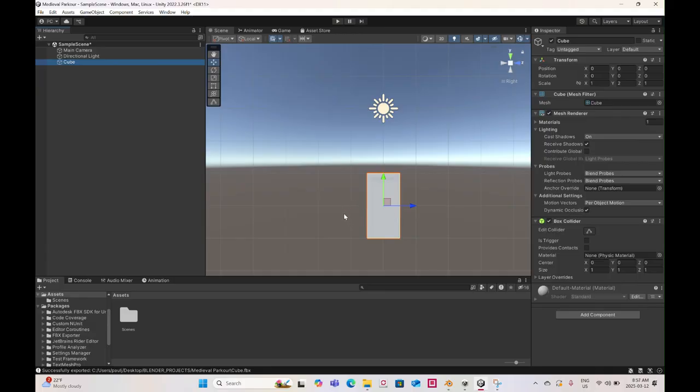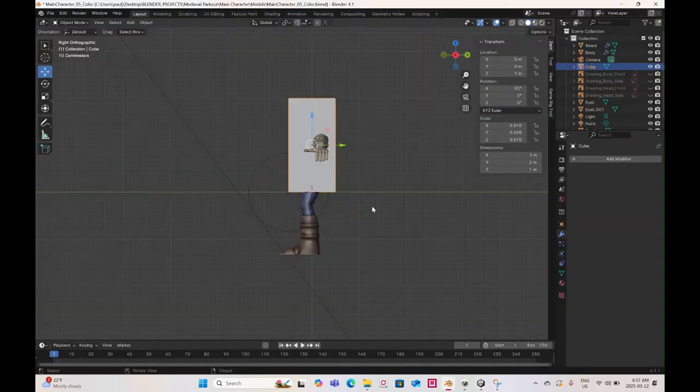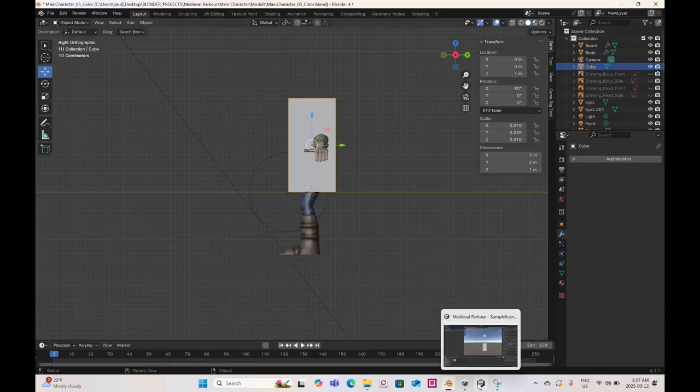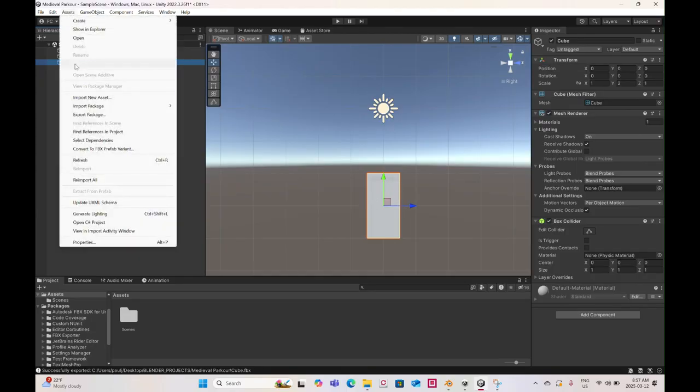Basically, one of these squares is 1 meter, and all you need to know is that it corresponds with 1 meter in Blender. But just to be sure, I created a cube. I made it 2 meters high, which is about 6.5 feet, a little bit taller than the average person, I guess. I created that cube, and I went into